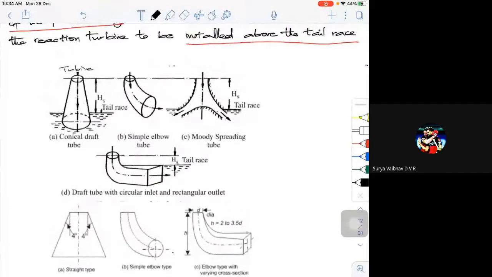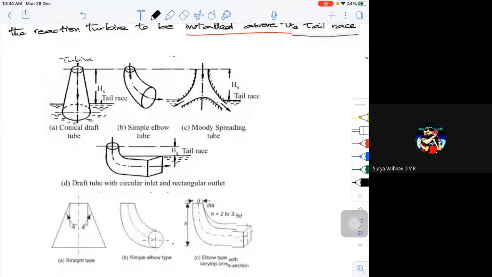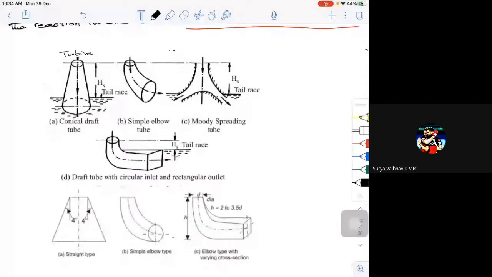That means try to convert that kinetic energy by passing it through some kind of a static tube. It does the same thing that a centrifugal compressor casing does. There, in a centrifugal casing, the casing will try to recover the energy, or it will try to convert that kinetic energy to corresponding pressure. So the same thing is done by your draft tube at the turbine exit for a reaction turbine.